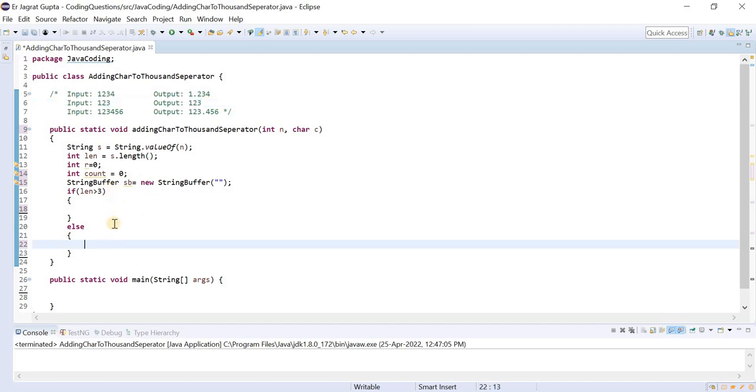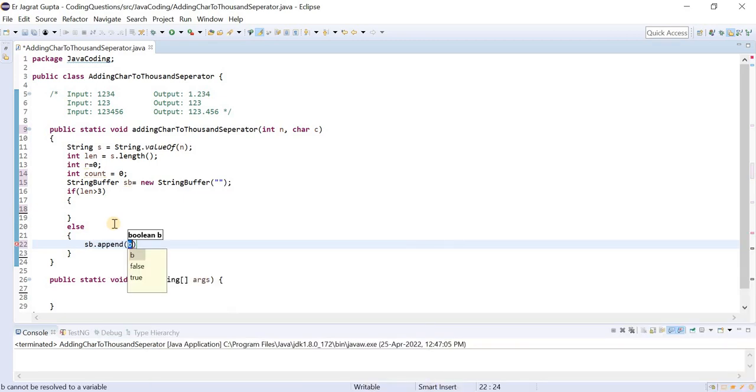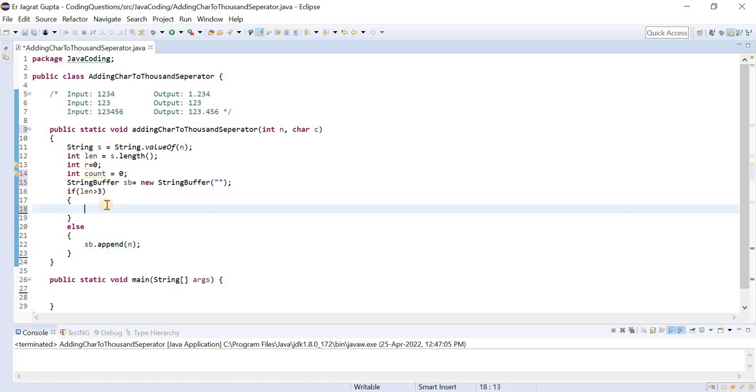We have the string buffer there, so sb.append, and we put the string as it is. We have the integer input n, so we append that into this string buffer as it is. That's it. Now let me implement the logic for length greater than 3.